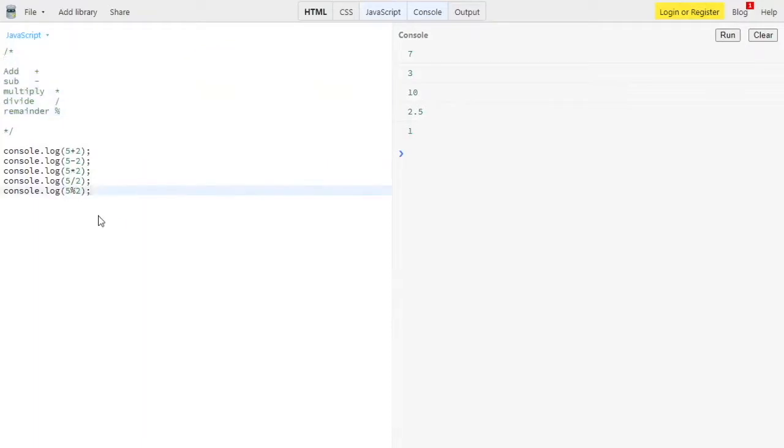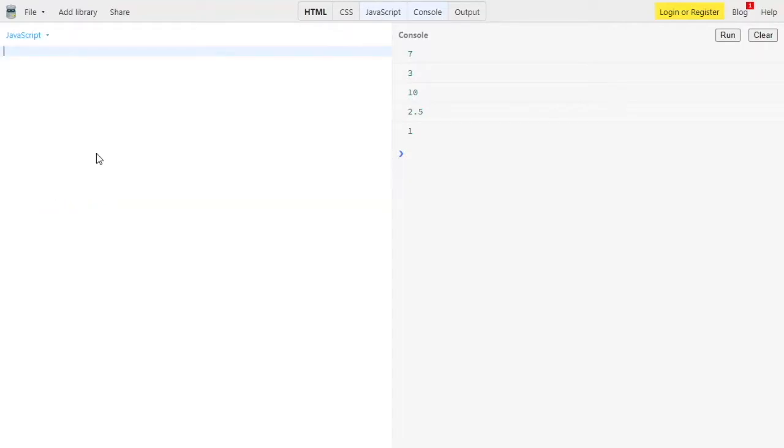So let me go beyond that, and I'll show you that the plus operator will also work with string concatenation. Let me show you. I am declaring let underscore data equal to nothing but I'm giving it as code. Then we have console.log over here.